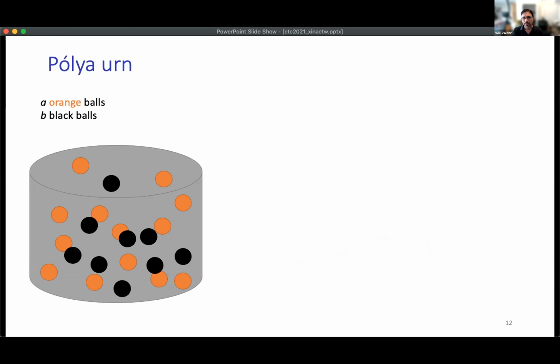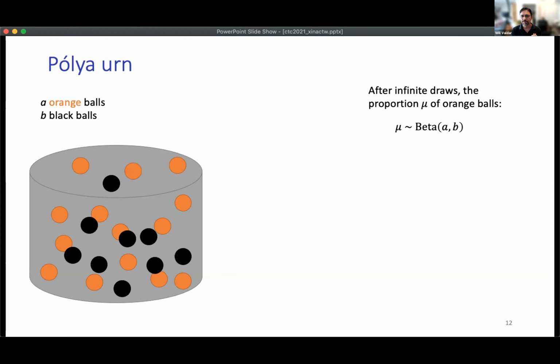So the Pólya urn is this imaginary urn, and it starts off with some number A orange balls and B black balls. And the way the process works is you randomly put your hand in and take out one ball at random. And then you put back in two balls of the same color. And you keep doing this process, and after an infinite number of draws, you have lots and lots of balls, but the proportion mu of orange balls looks like a particular shape. The histogram of that, if you do it for lots of urns, looks like a beta distribution